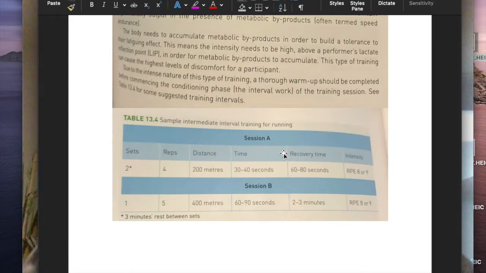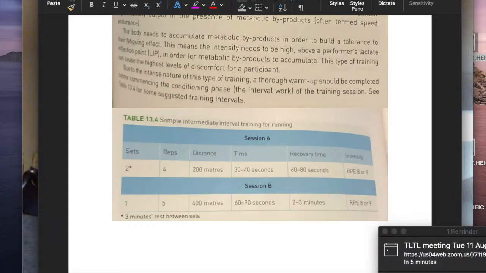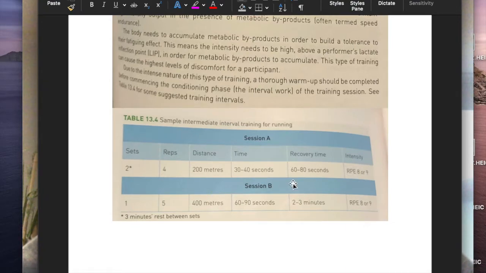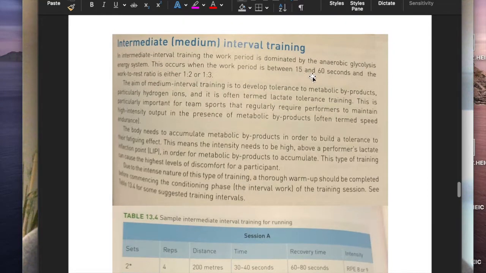So here's an example of intermediate. An example of the intermediate training sessions. So this athlete's done 2 sets of this. In each set, they did 4 reps, and each rep was 200 meters. So they've gone 200 meters, rest, 200 meters, rest, 200 meters, rest, 200 meters, rest, and repeated that 2 times through. Each of those 200 meters was taking between 30 to 40 seconds, so that stays within that 15 to